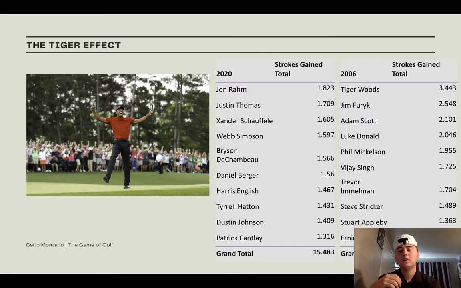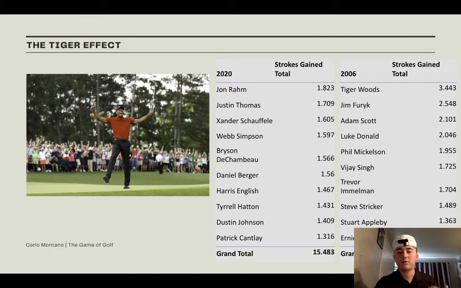So this is totaling the average score throughout, right? So Tiger Woods gained 3.443 strokes on the average player throughout his tenure, right? So in simpler terms, he would score about a 67 in relation to the average, which is about a 70, right?